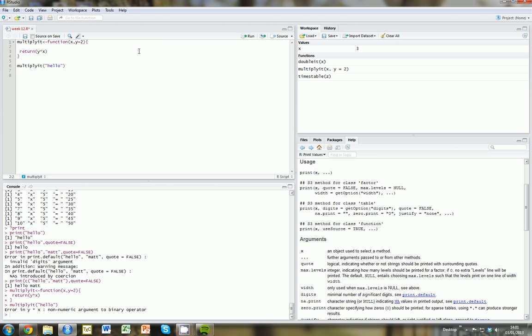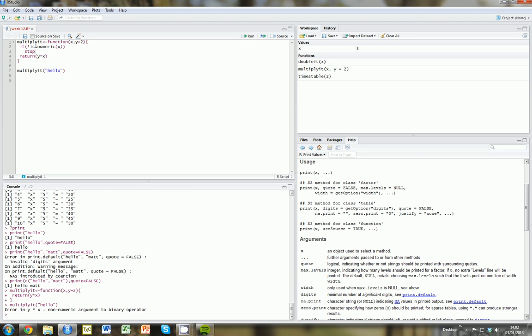So one way of doing that is that we make sure that our input makes sense. So here the problem is that our input, we're supposed to have a number here, and this is not a number. So we can use if statements to try and catch problems with our input. So I'm going to use if is.numeric x. So that says, is x a number or not? I'm going to reverse it because we want something to happen if x is not a number. So remember the exclamation mark means not. So if not numeric x, then, so the next line controls what happens then